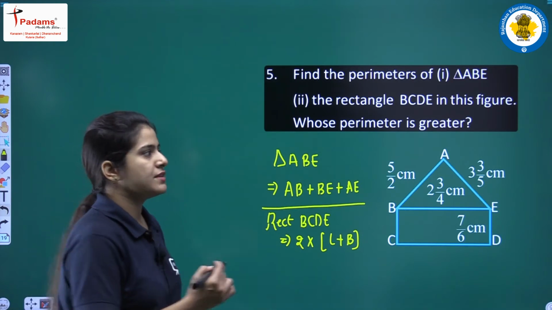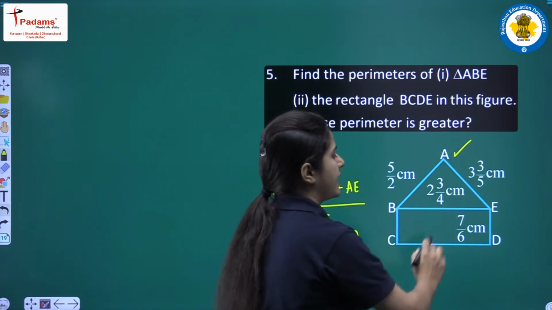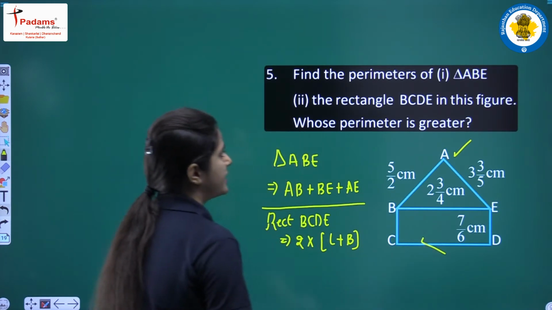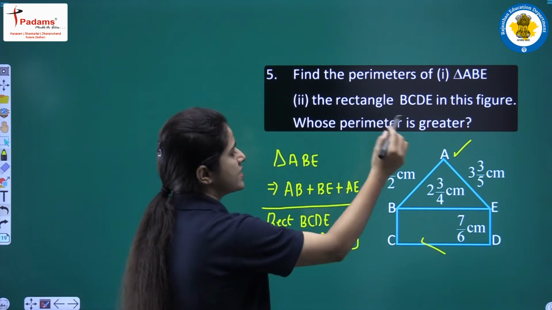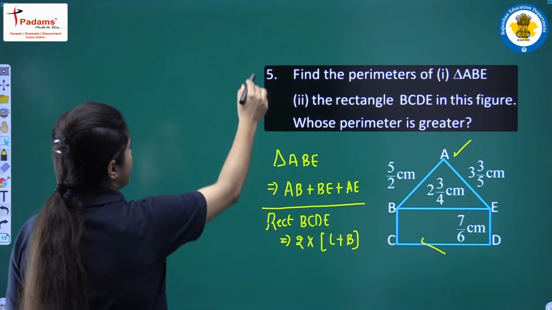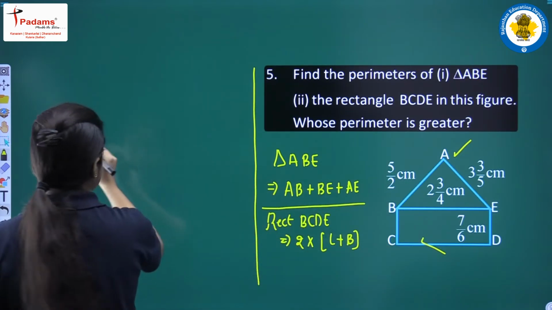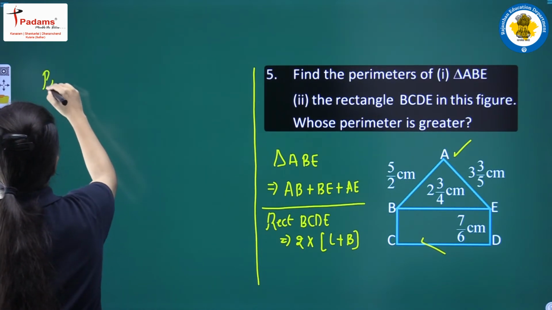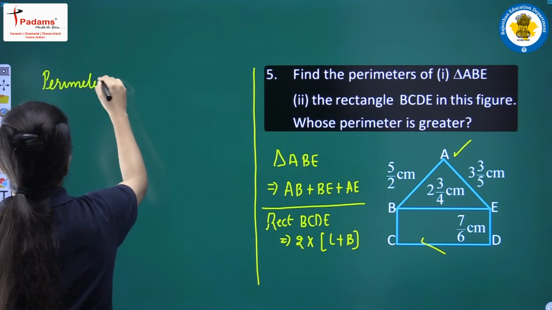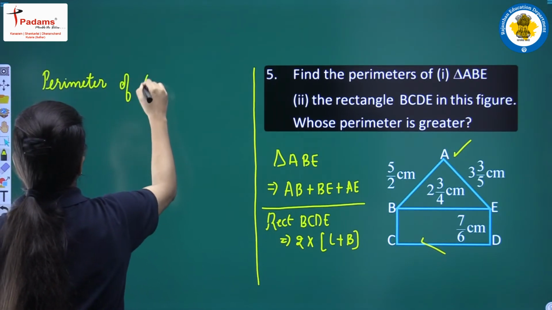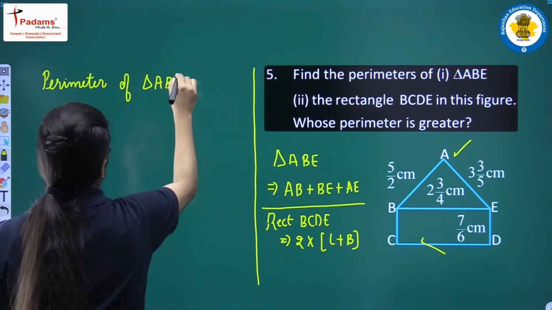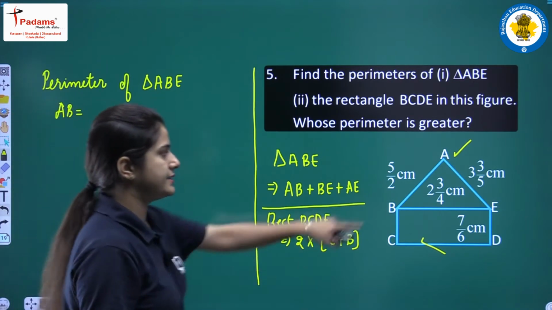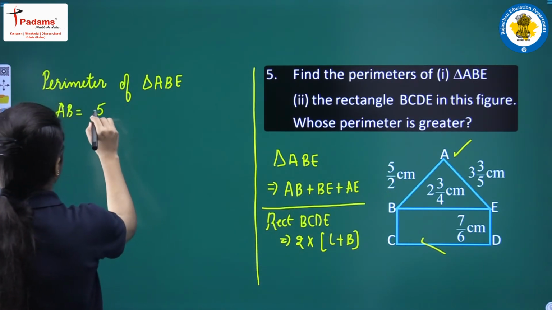Firstly we need to find the perimeter of this triangle and after that the perimeter of the rectangle in the second part, and then we have to tell whose perimeter is greater. So we'll discuss the first part, that is the perimeter of triangle ABE. For this we are given the length of side AB, which is equal to 5 upon 2